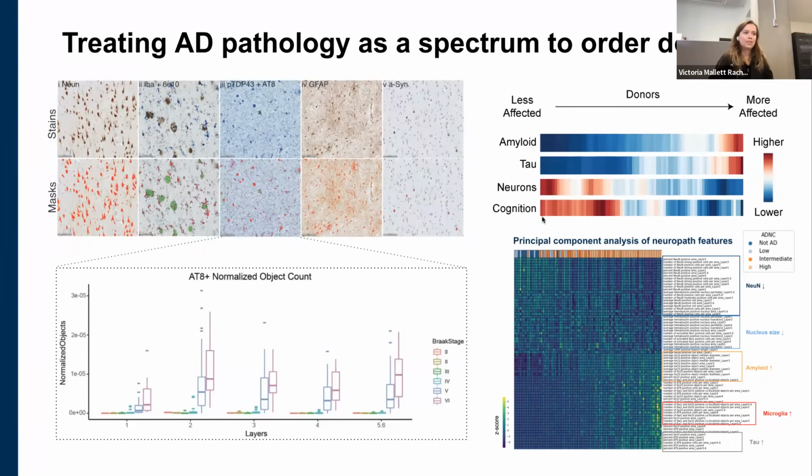So this would be donor 1, each bar, donor 2, 3, 4, all through 84. You can see red is higher, blue is lower. So you can see as you get more affected on this pseudo-progression score, you have more amyloid, more tau, fewer neurons, or at least fewer NeuN-labeled neurons, and lower cognition. This is a really neat thing because there's a lot left to be desired with categorical Braak staging. We see the variation within each stage, and this allows us to go from a categorical approach, not only to a semi-quantitative one, but to a fully quantitative, continuous approach to understanding donors' full